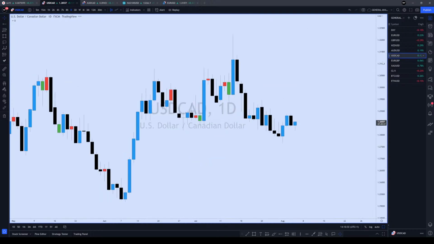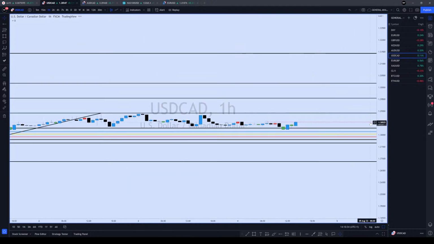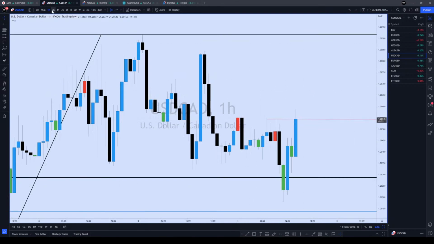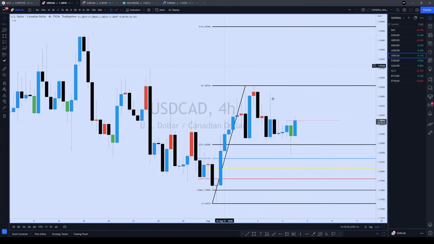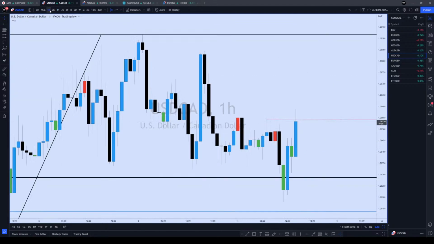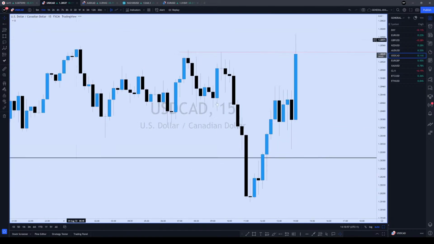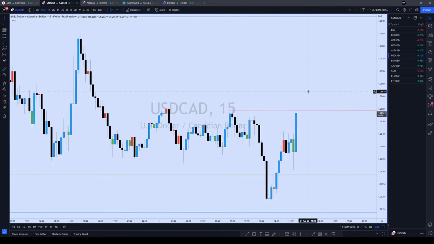Let me go and check dollar CAD quickly. Okay, dollar CAD is running above that high. You can see it's creating an auto block here, right? That's the reason why I said once this candle closes, it's gonna offer a potential OTE buy. Let's go to 15 minutes. Yeah, let it close above it and then you can revisit that pair.